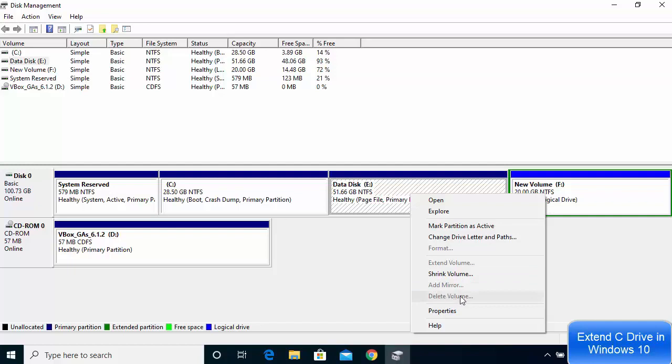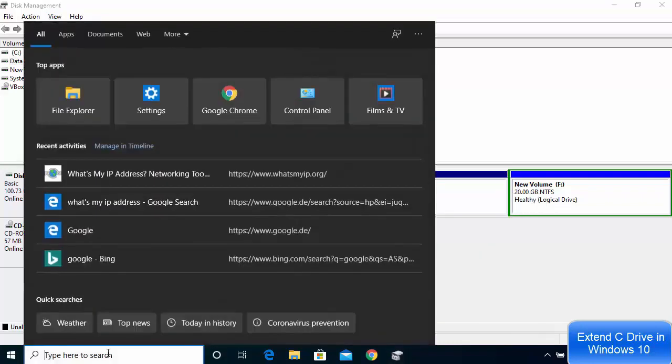But as you can see in my case, this delete volume option and the format option is grayed or disabled, so I cannot delete this volume by default or format this volume. So if in your case this delete volume is enabled, then you just need to delete your volume. Otherwise, if this option is grayed out and it's not enabled, then what you need to do is you just need to go